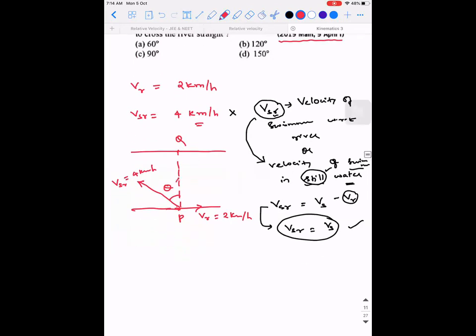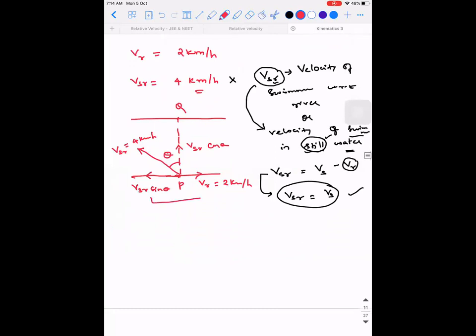Observe. 90 plus theta. Very good. It is 90 plus theta. You need to read the question carefully because I'll tell you why it is so. So VSR cos theta and VSR sin theta, right? So just now we understood for zero drift, what should happen? VR should be equal to VSR sin theta, right? We need not memorize it. As you keep practicing problems, you can do it in one step.